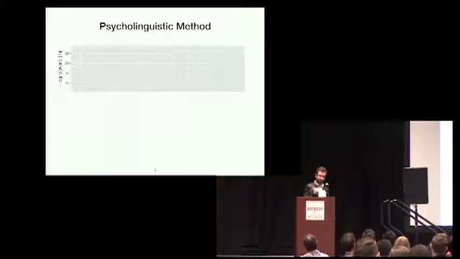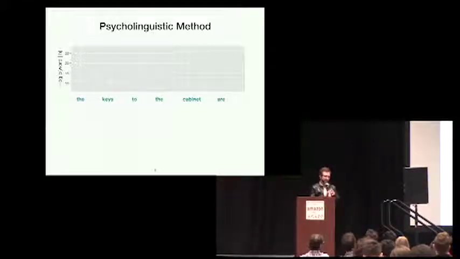And we call it the psycholinguistic method because we're essentially importing a methodology from the field of psycholinguistics, in particular the field of human sentence processing, which has been used for 40 years to deduce the data structures and mental representations that humans are using during language comprehension. So the idea is you design specially crafted sets of sentences called items. You have something like the keys to the cabinet are a grammatical sentence. And